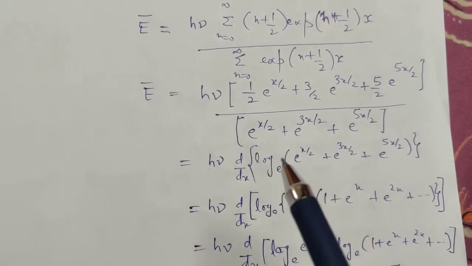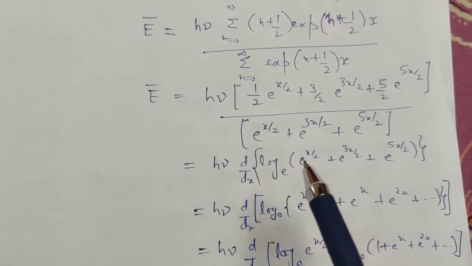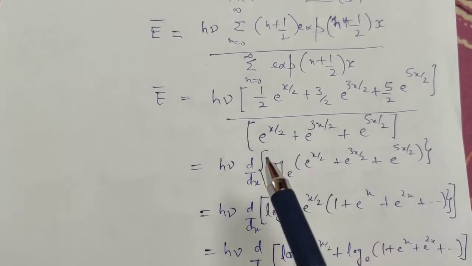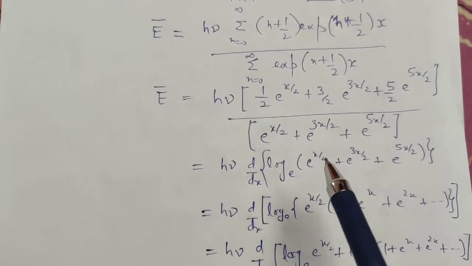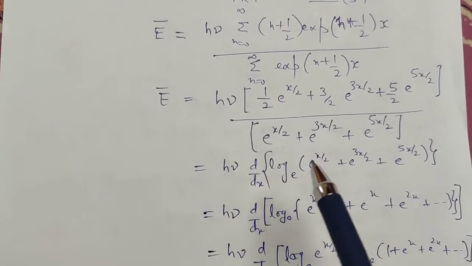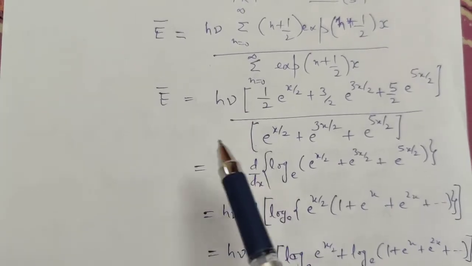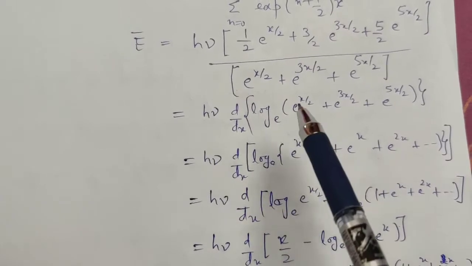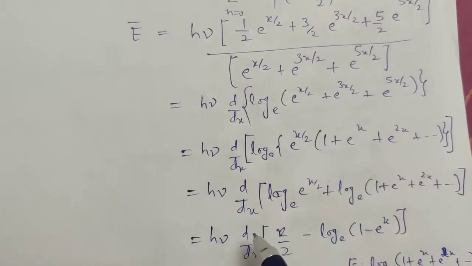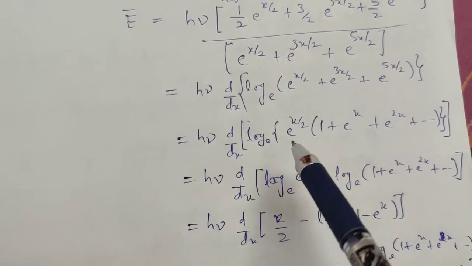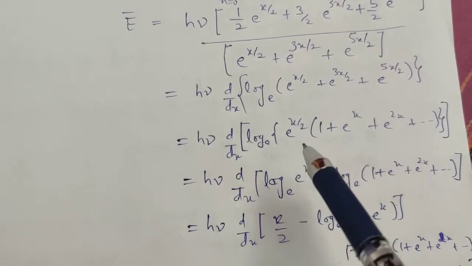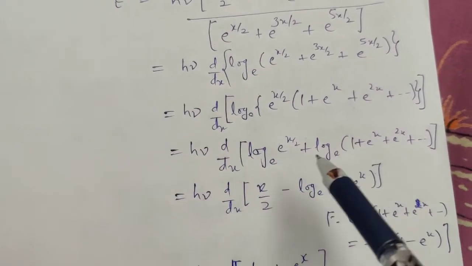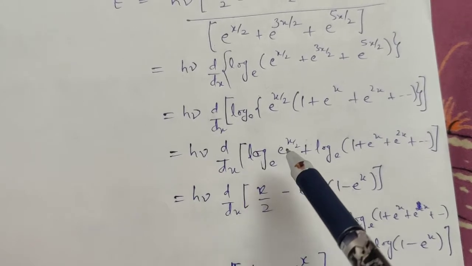If you differentiate this, this will be 1 by this factor, and another will be differentiated. So if this is differentiated, this will be 1 by 2 e raised to power x. Therefore this can be written in this simpler form, and this is common, and by using the property that log of a times b will be log a plus log b, this is the same. And now if you differentiate, because log and exponential are reciprocal,